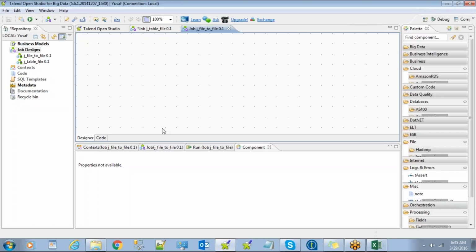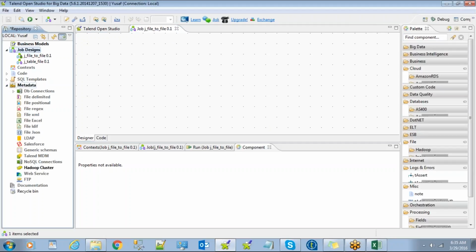Yeah. Next step is the naming standards that we follow. So this is the place where you can create your jobs. Let me create it and show you the one-to-one file mapping. Before that, I have a place called Metadata here where I can scan my metadata. So if I say DB connection,